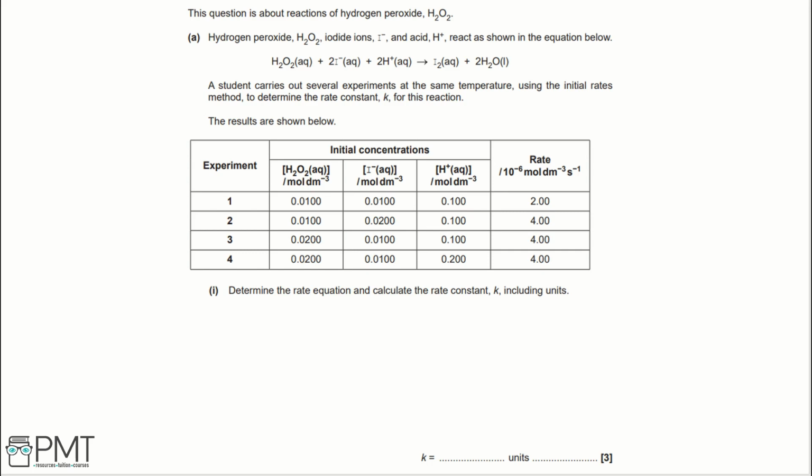To start, let's write a general rate equation for this reaction. A general rate equation will be rate equals K and then each of our reagents, so H2O2, I- and H+. We then need to establish which order each of these reactants is. To do this, we look for where one reactant has increased by a certain value and the others have stayed the same. So, looking at experiments 1 and 2,